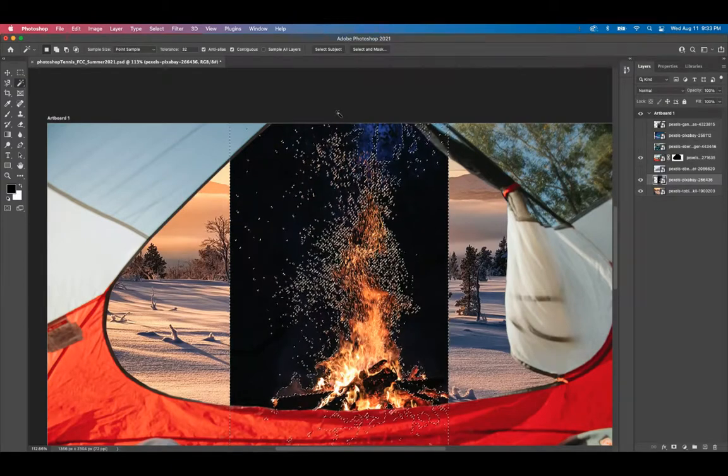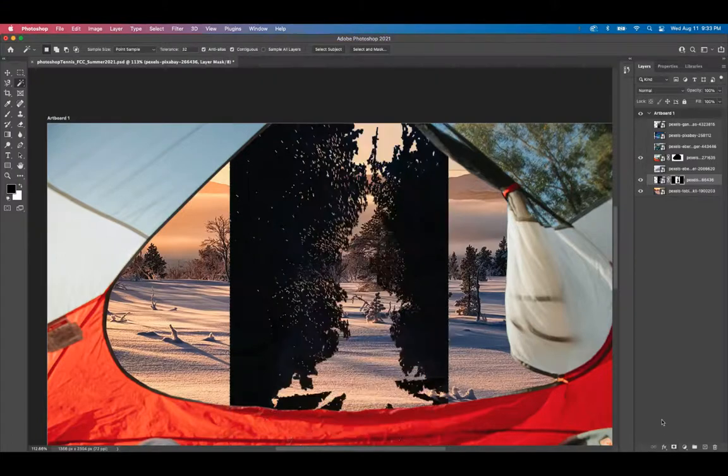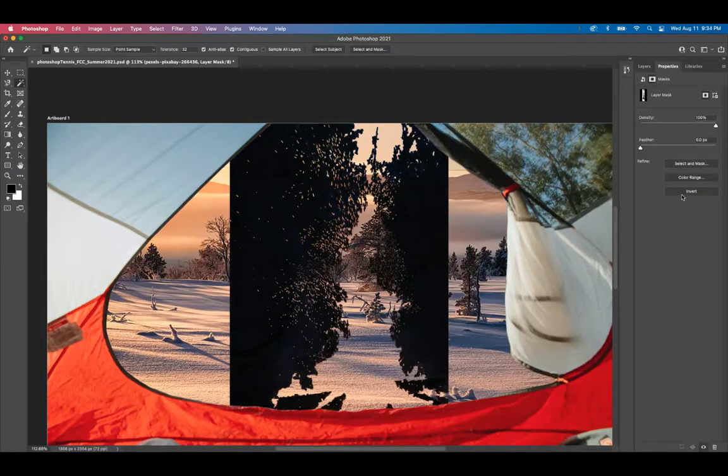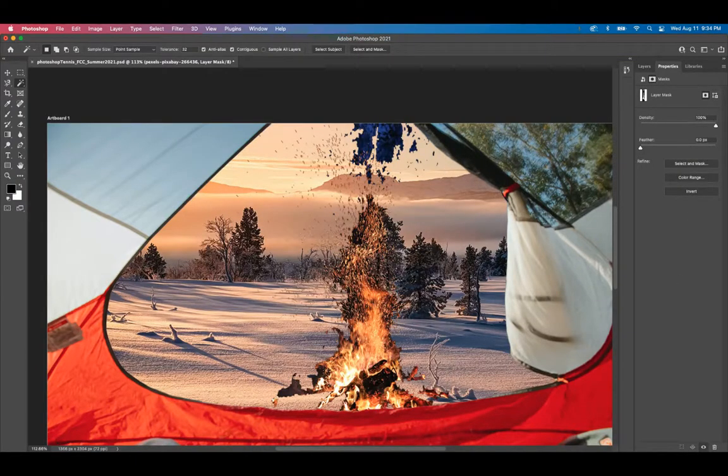And so what the magic wand does is it looks at, again, things with contrast and tries to select similar colors to what you have selected. So now if I choose the mask, of course it did the reverse, but what I'm gonna do, go to properties and invert it. And now see, so this is what it tries to do. It tried to pretty much separate the blue, and it doesn't always do that great of a job. As we can see, this is not an excellent job, but for what I wanna do, I think it's gonna